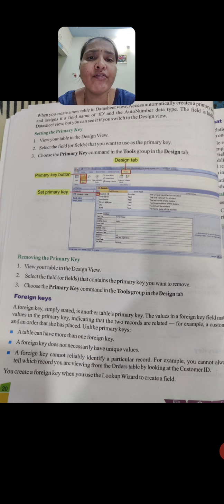There may be a chance of two students with the same name in a class. For example, consider Praveen as the name. Two persons in a class may have the name Praveen, but there are no students in a class with the same roll number, isn't it? In that case, roll number becomes the primary key. The name field will not become the primary key. So the data which is unique to the table is what we call the primary key.